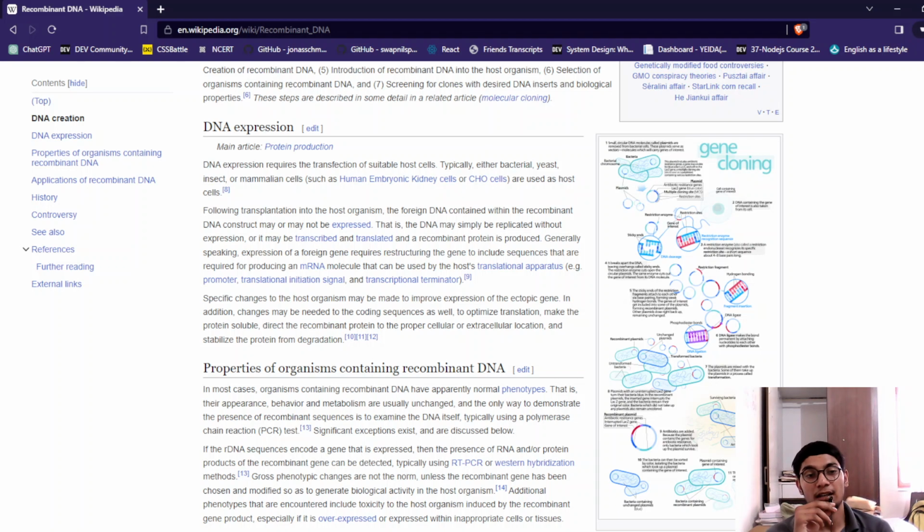Recombinant DNA expression requires transfection of a suitable host cell, typically bacterial, yeast, insect, or mammalian cells, which are used as host cells. Following transplantation into the host organism, the foreign DNA contained within the recombinant DNA construct may or may not be expressed. That is, the DNA may simply be replicated without expression, or it may be transcribed and translated and a recombinant protein produced. Generally speaking, expression of a foreign gene requires